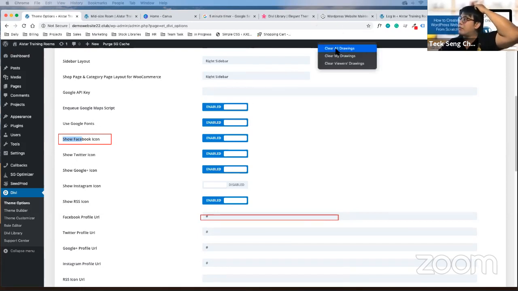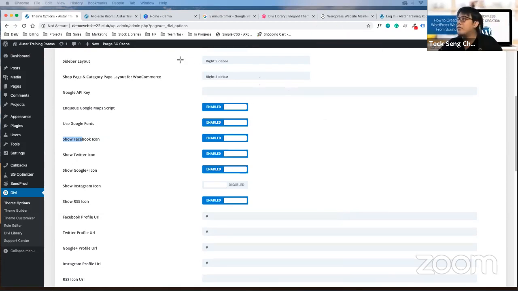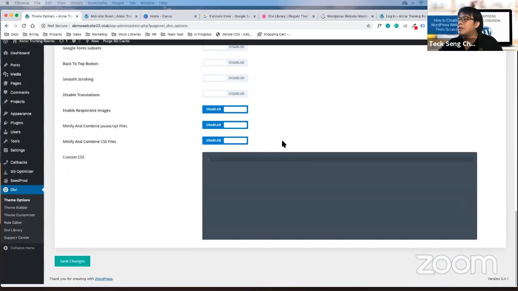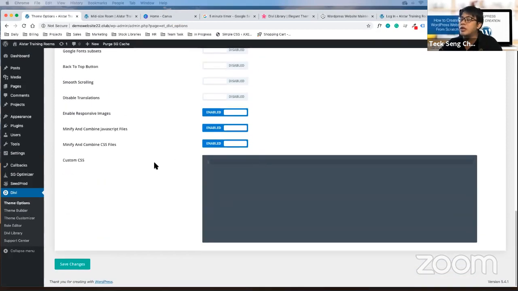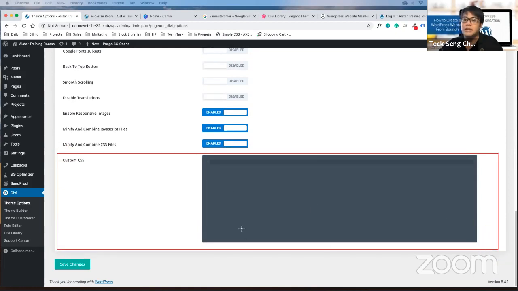I think that is quite self-explanatory. So moving on, you will see that you are able to actually put in custom CSS. So if you want to do coding or if you need to do any custom code, this is where you can put in your code. This one is custom code, so most of you shouldn't be using this.